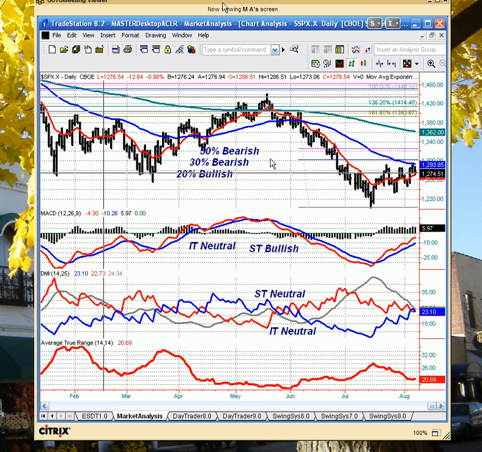So we're just getting a bit of choppy price action, as reflected in this measure of directional movement being both short-term neutral and intermediate-term neutral on the market, and intermediate-term neutral in terms of momentum, along with the short-term bullishness, which confirmed the ET buy signal around 1260 right there, and then taking the short side profits on about a 100 to 120 point move we called at around